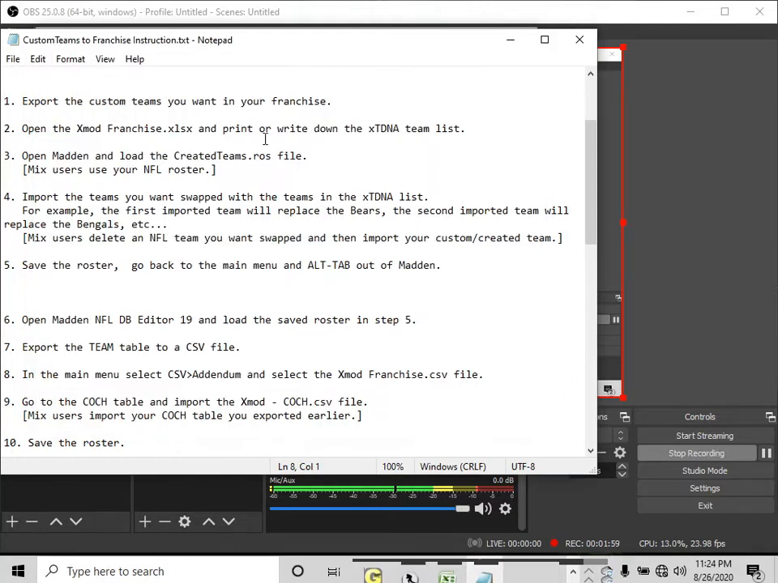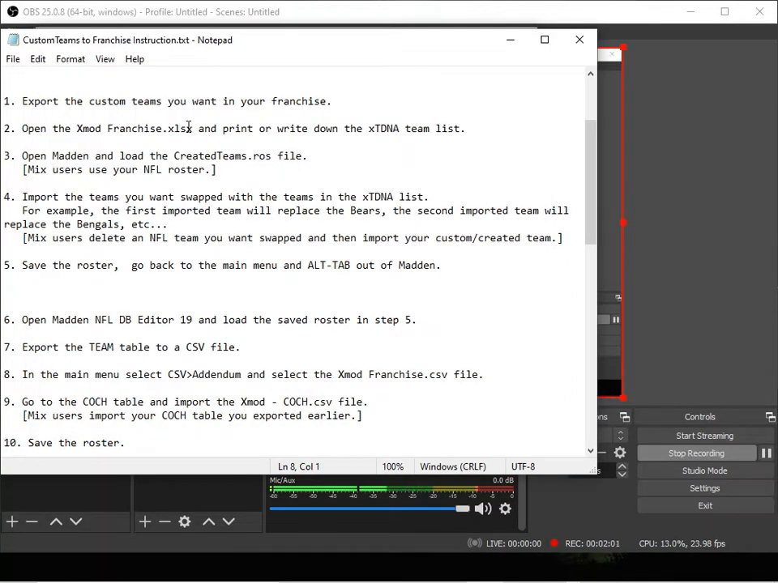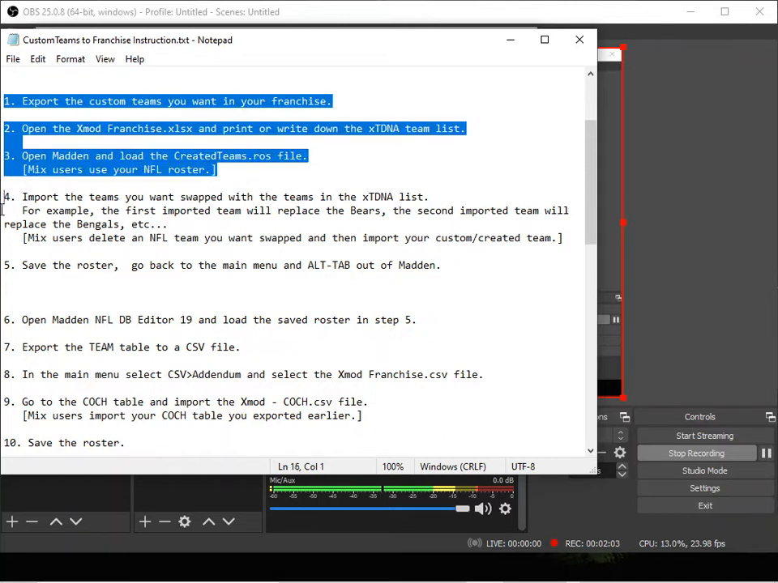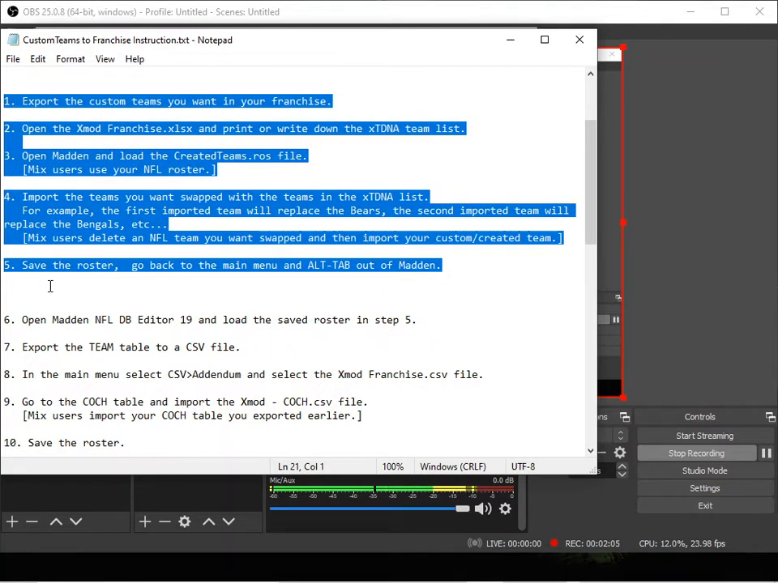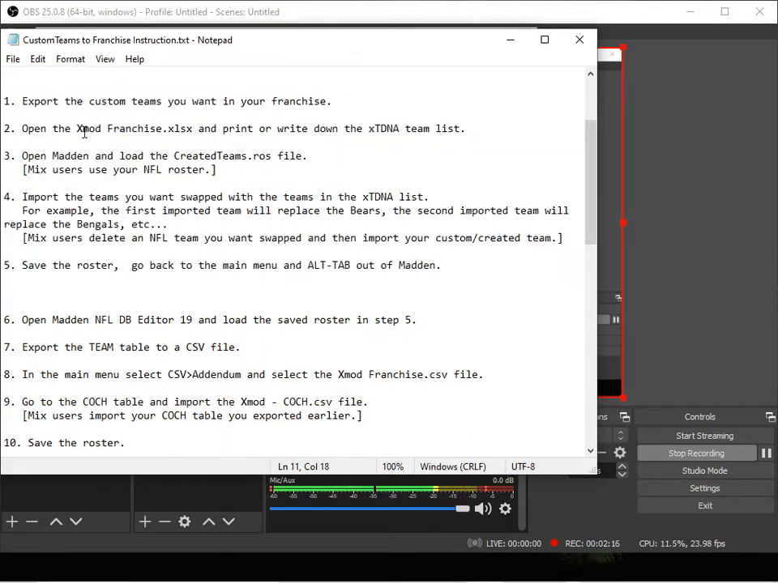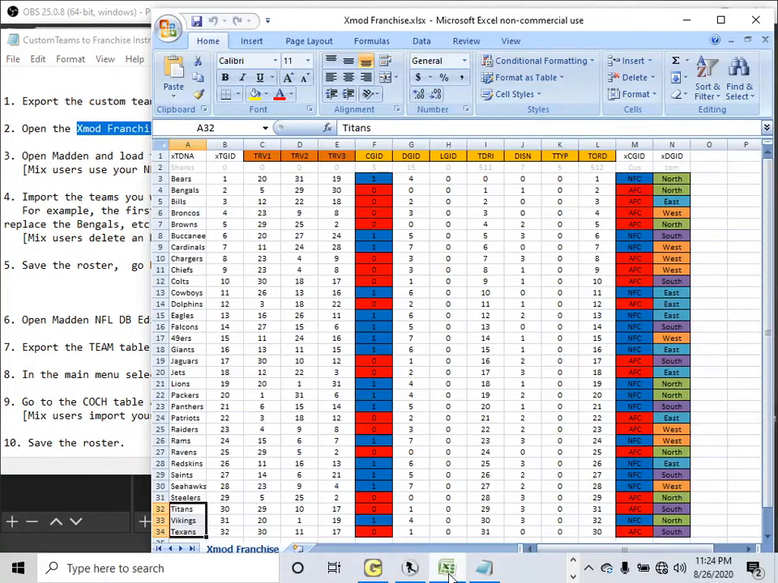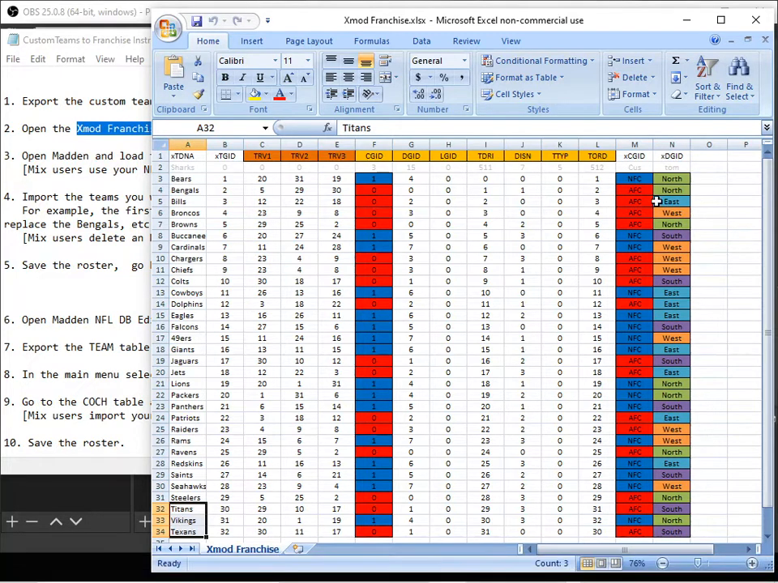So when you open the instructions, I'm going to go step by step here. The first steps say to export the custom teams that you're going to use, and then you're going to open up the Xmod franchise spreadsheet, which is this one, and you're going to put